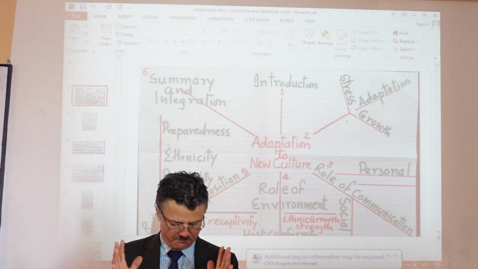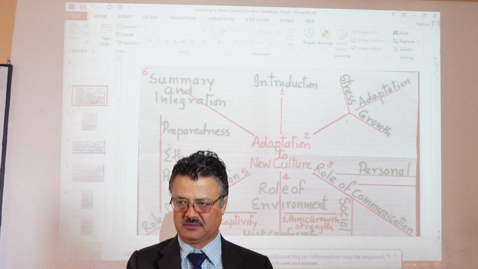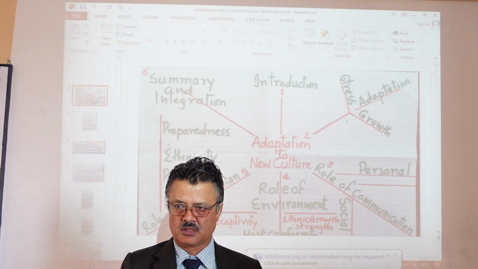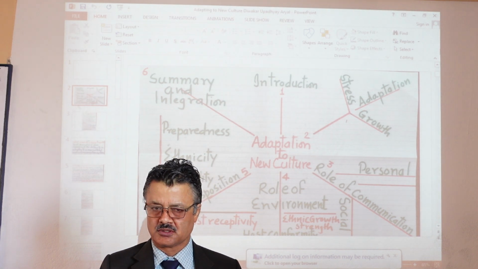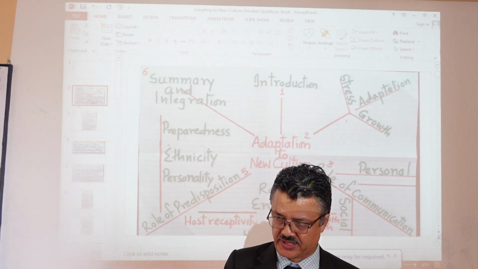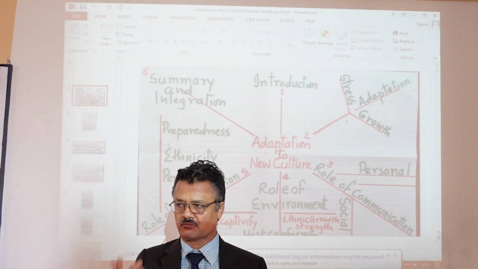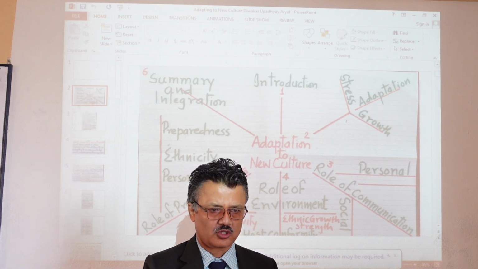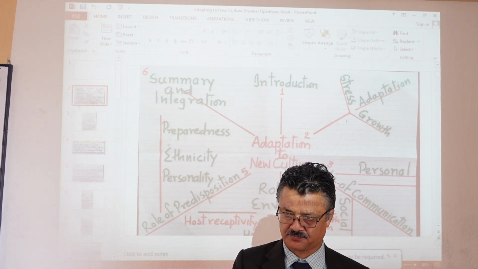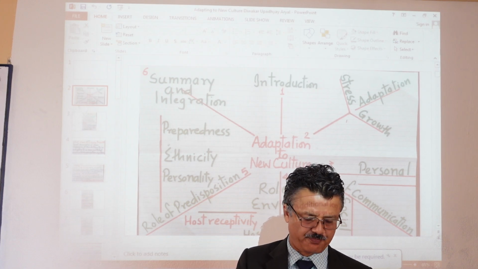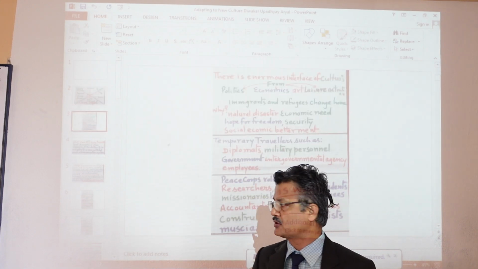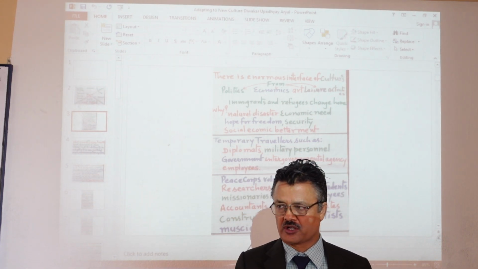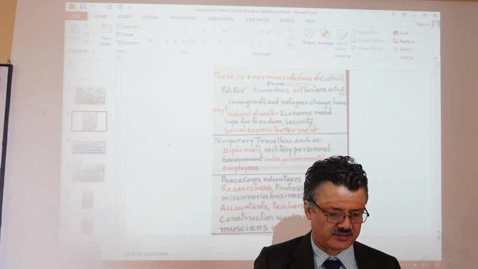Today, because of globalization, millions of people are moving from one country into another country. And mostly this movement is from the eastern countries toward the western countries. As these people move to the western countries for political reasons, for economic reasons, for entertainment reasons,